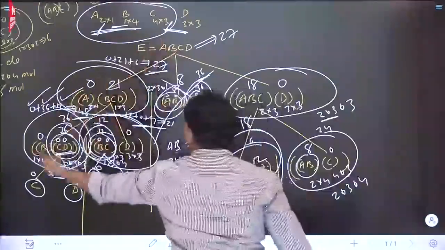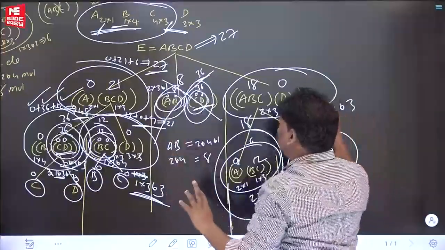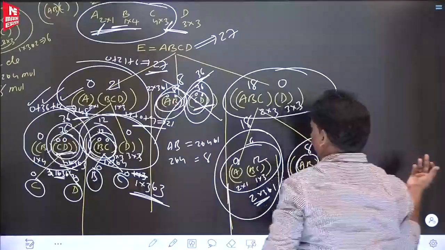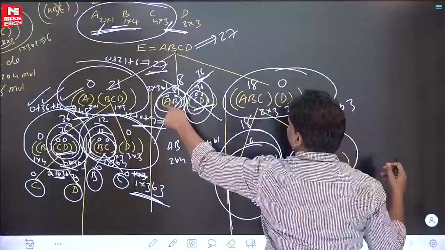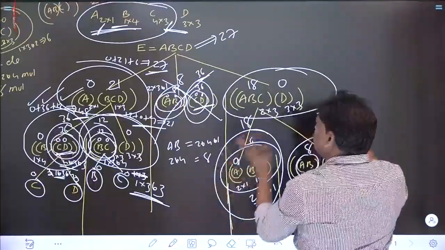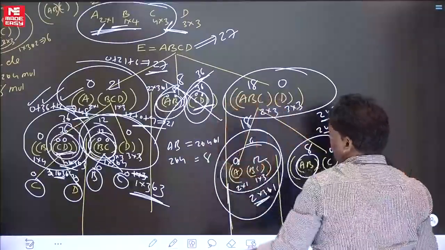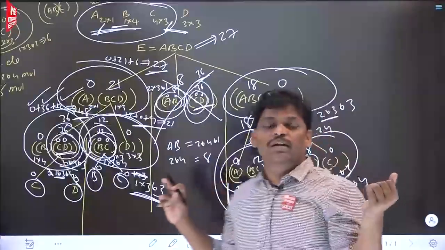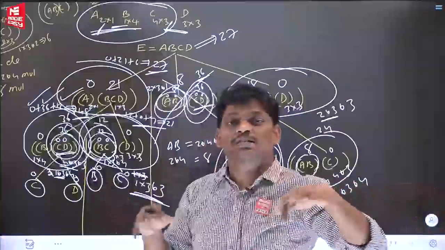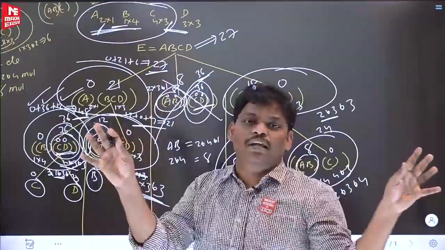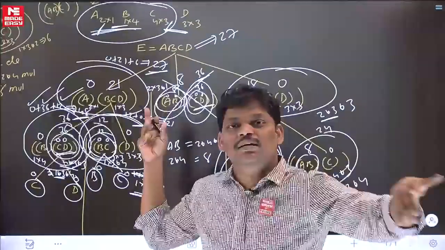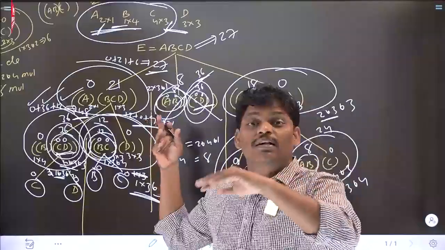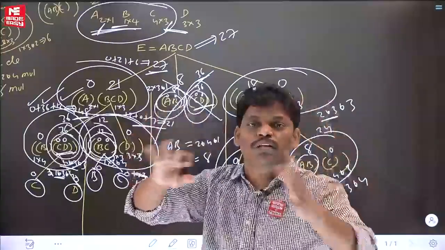Left took a lot of time. Right I easily completed, because most of the things are repeating. So if you want to check, BC is available somewhere. Next one, AB is available somewhere. When you go to the rightmost part of the tree, most of the things are repeating. Suppose on the left you will do everything, because it is the starting and nothing is available. On the right, mostly everything is available. Suppose on the left nothing is available, you have done everything.